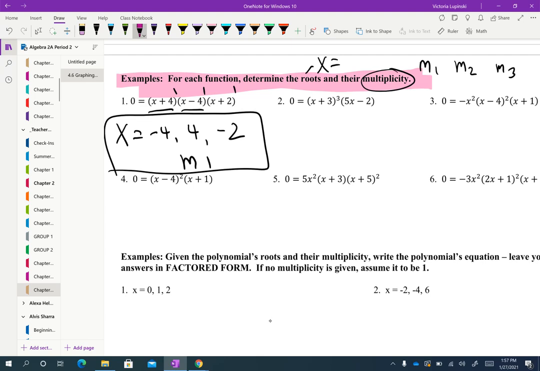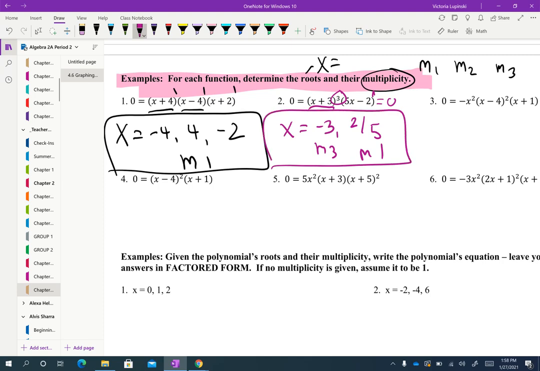Let's take a look at the next one. So starting with the x plus 3, that's going to give you the opposite answer of negative 3. Because it's to the third power, that's how you know that this is going to be negative 3, and it's going to be m3. Then you have 5x minus 2. If you set that equal to 0, you're going to add the 2 and divide by 5. Because it's to the first power, that's going to be an m1. Again, having those multiplicities means something, which we're going to get to shortly, but for now, you just have to be able to